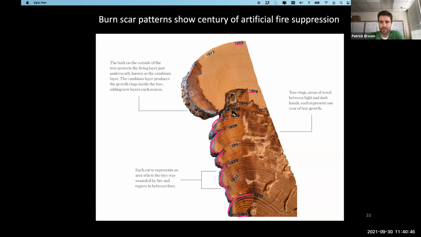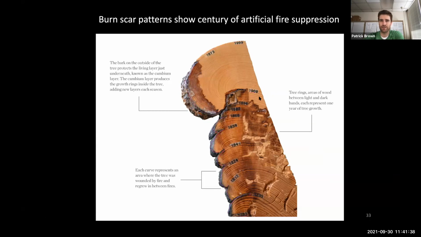And so we think that this is what would happen naturally, even without people, but it was also the indigenous people of California that intentionally burned the landscape and had less severe fires over this time period that were more frequent. And then in 1900, the US Forest Service takes over and says no more fires. And so now we don't see any burn scars over this time period. The tree is just growing and not recording any fires. And so that has negative implications for fires when they do start.